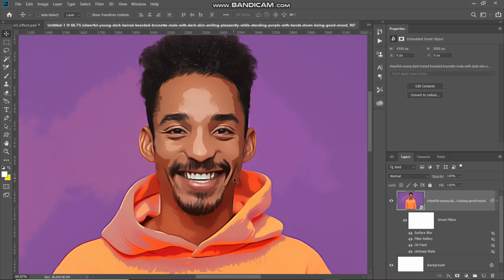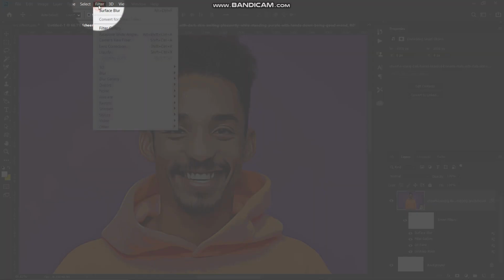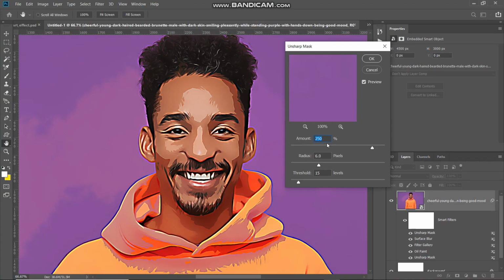Now the next thing which we need to do is again sharpen the overall image and add some contrast to it as well. So for that again go to filter and then sharpen and then select the option as unsharp mask. Now this time you need to set the amount of the unsharp mask to around 80%, radius to around 6 pixels and then set the threshold to 0 levels. Now let me just show you the before and after of what we just did. So this was the before and now this is the after. After that you can click on OK.